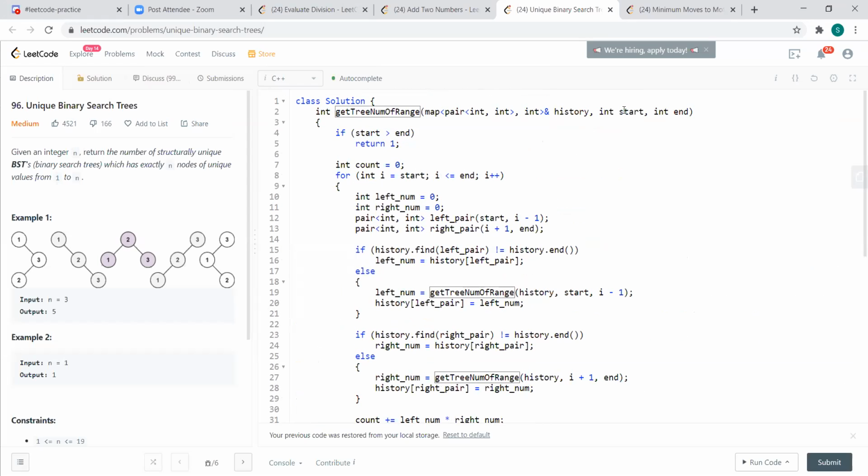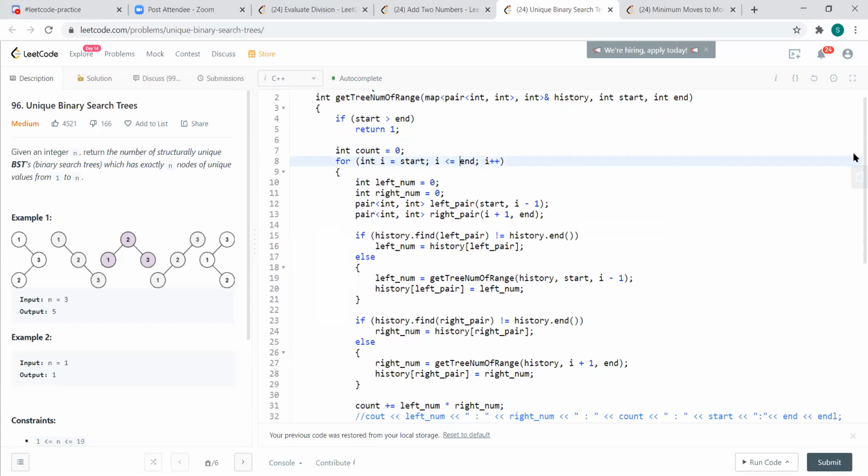So this is my start now. It was set to one in the first call, and end was n. Then I look if my start is greater than end, then I return one. This is the base case for my recursion. And then I traverse the whole of these numbers from start to end, inclusive.